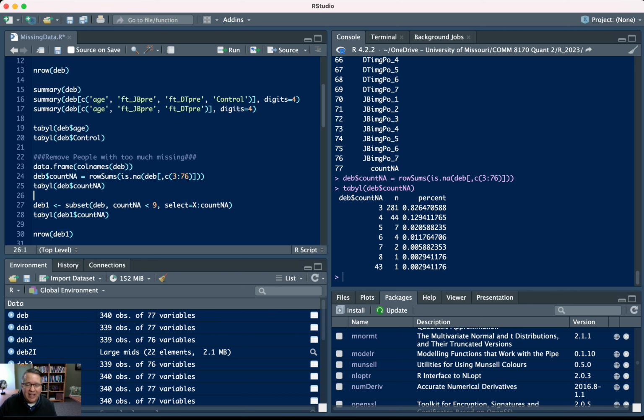We're going to actually create a subset of the Deb data set. So the subset would be, and I'm going to give it a new name. So I'm going to call it Deb1. So I'm creating a new data frame that is basically the entire previous data frame minus the one person that is missing 43 variables in the data frame. So it's going to be Deb1 equals subset is the command that we want, and then left paren Deb, so that's the previous data frame, so whatever data frame you're working with, that's what you put there, and then comma